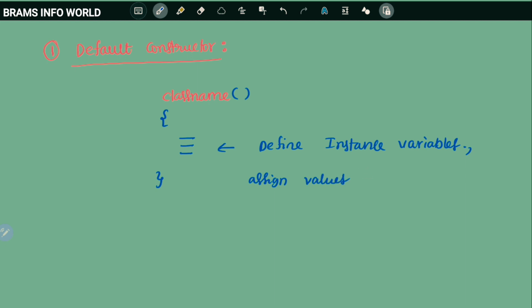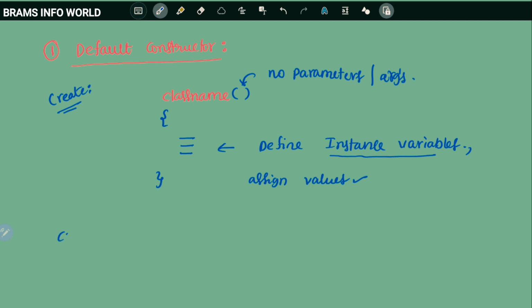So this is the basic definition of default constructor. A default constructor is nothing but class name identified with parenthesis, and in this case no parameters or no arguments. It is used to define instance variables and also assign values for the instance variables, right? So this is the way we can create the constructor.